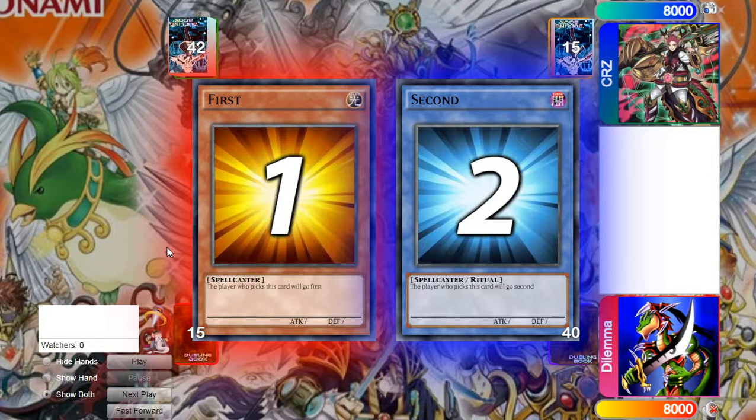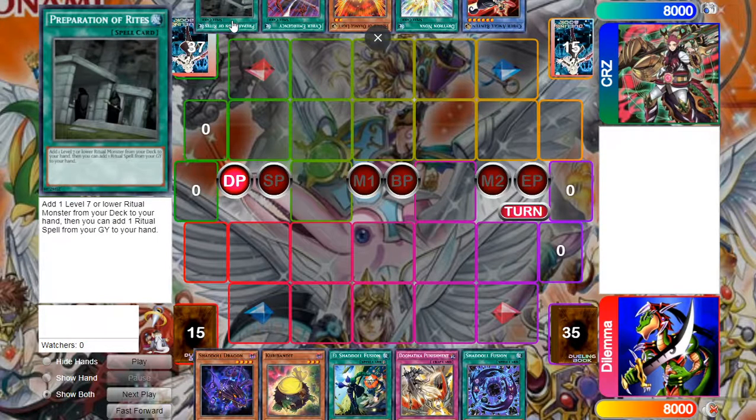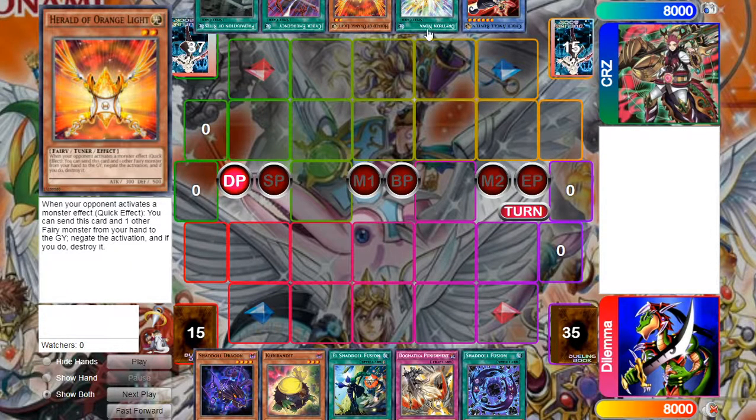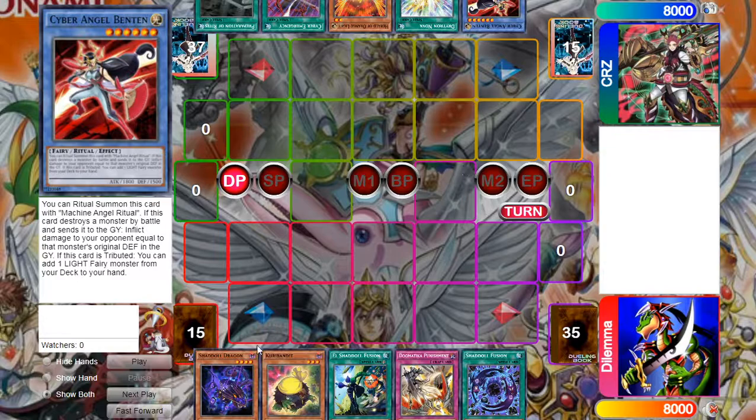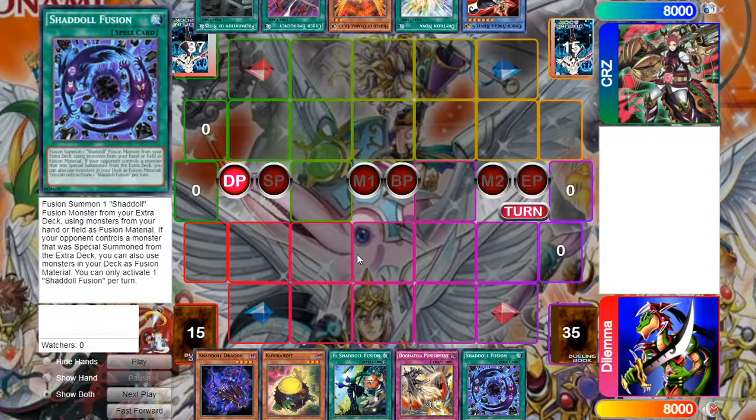I did fortunately win RPS. And the opening hands are Prep, Cyber Emergency, Orange Light, Nova, Benton versus Dragon, Curry Bandit, El Shaddoll Fusion, Punishment, Shaddoll Fusion. So obviously I'm playing a very, very weird Shaddoll list simply because I am playing with 3 structure